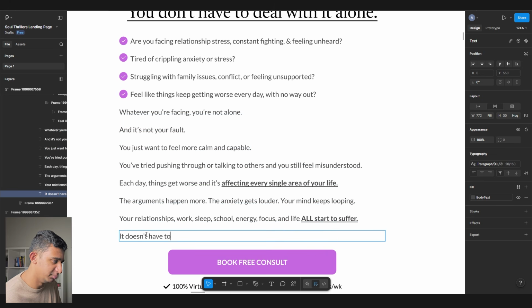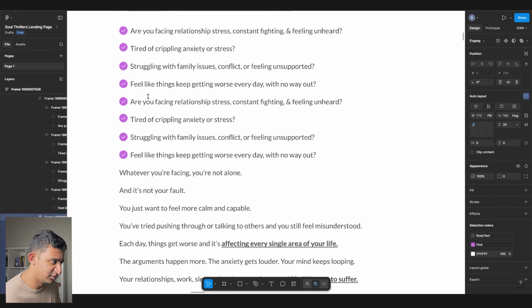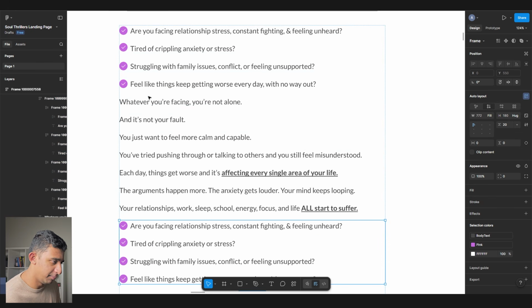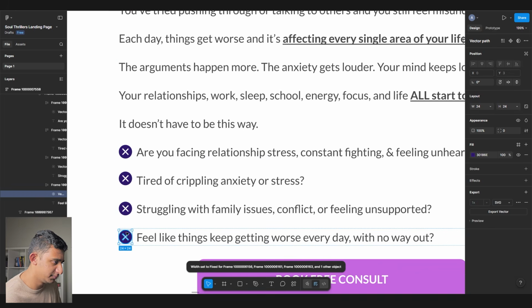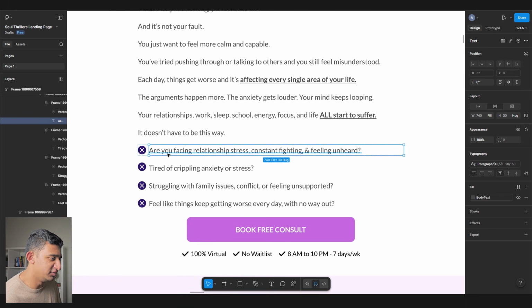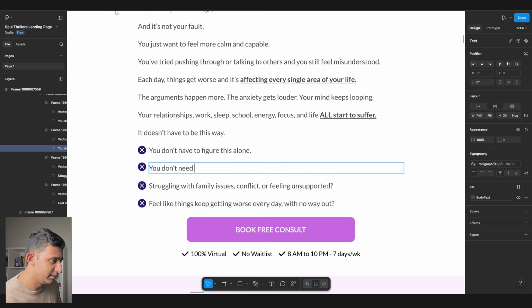It doesn't have to be this way, right? And then we're going to put in the X's here. So I'm going to swap these out with X's quickly. And then basically want to describe all the things they no longer have to do, to kind of break those beliefs of what they don't have to do. So it's like, you don't have to figure this out alone anymore, right? You don't need advice from someone who doesn't truly get you, or even instead of get you, let's change